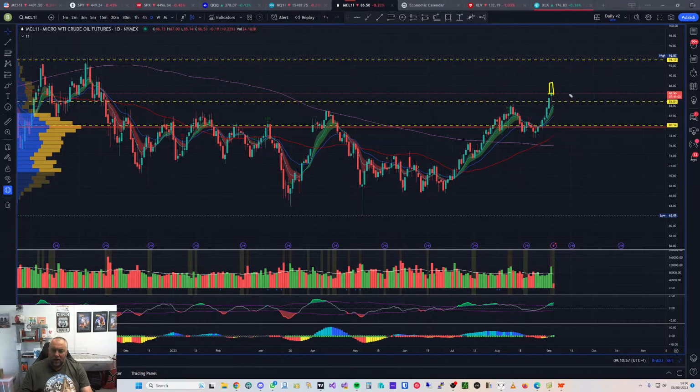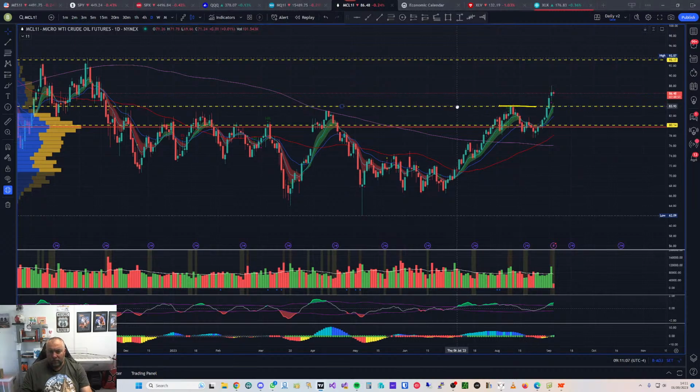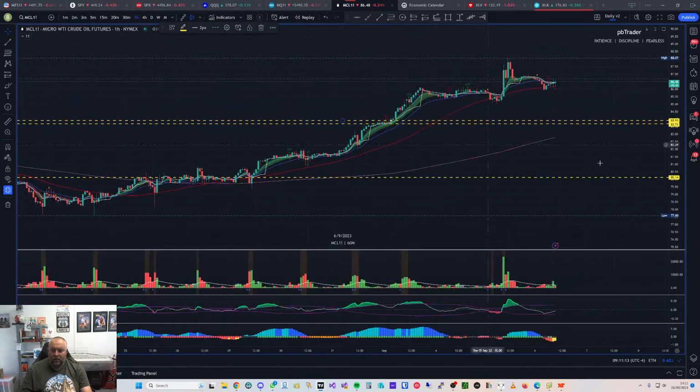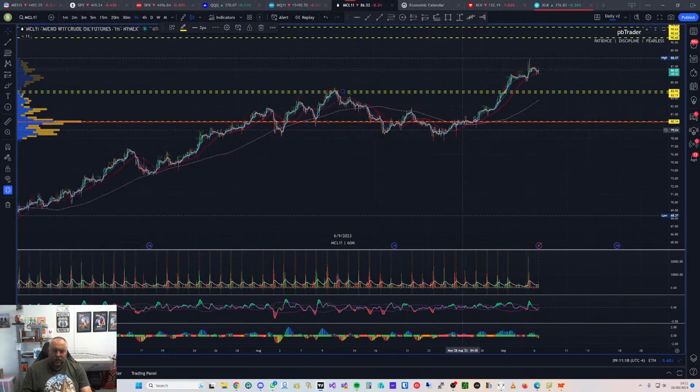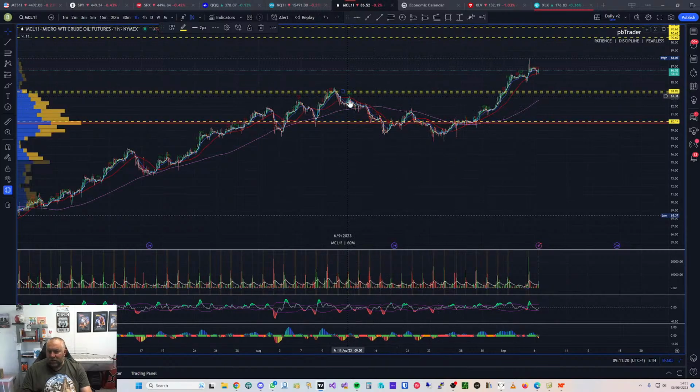This could also be a topping candle and maybe start the rejection back down. So with that in mind, we're probably going to make a readjustment of this level. So back to the hourly. Here we go. I've already put it in the hourly anyway. So we're watching this area, 83.90 to 83.70, that area here for a potential